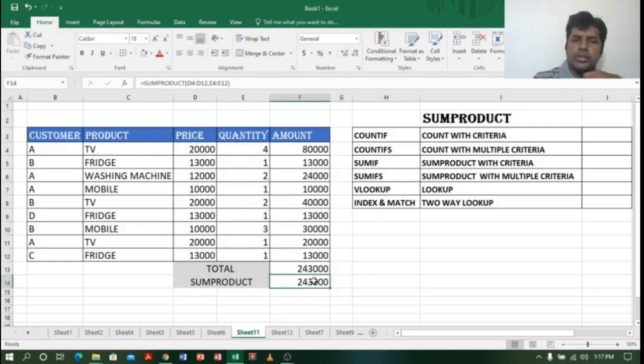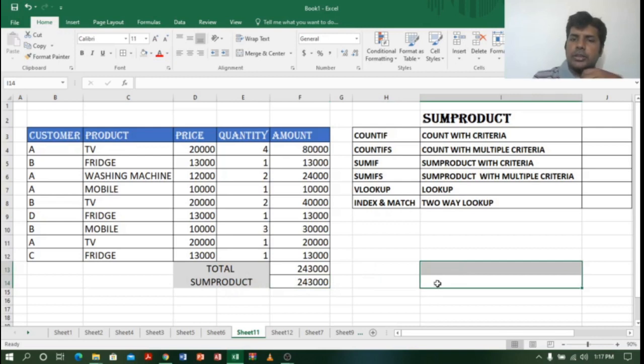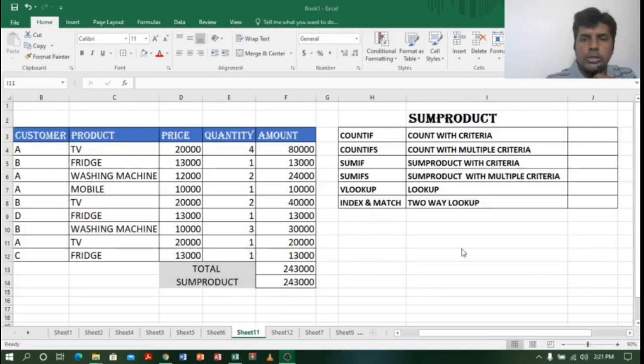That's it. You can see here the amount is the same. So instead of calculating individual transactions and adding all of them, you can directly do it with SUMPRODUCT. SUMPRODUCT doesn't need an additional column. You can do it directly with the price and quantity. Nice, right? This is how easily SUMPRODUCT works. And there are a few other advantages SUMPRODUCT has. Let us see what they are.